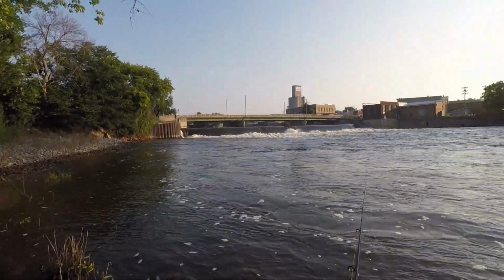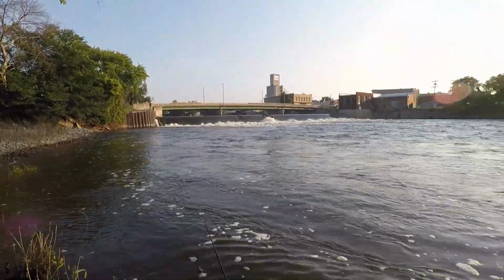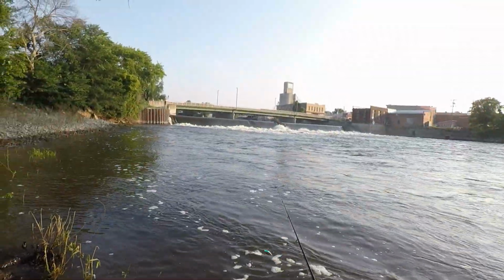We are back out here on the river. Looks like the water went up a little bit. We're gonna try to catch some fish today